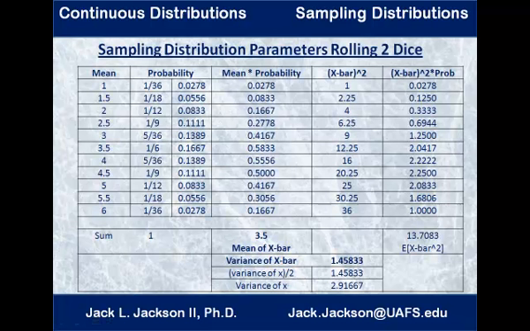So look what happens when we're finding the average of our x bars, the mean of the means. It turns out to be the same as the mean of the individuals. So the average of the averages is the same as the average of the individuals,